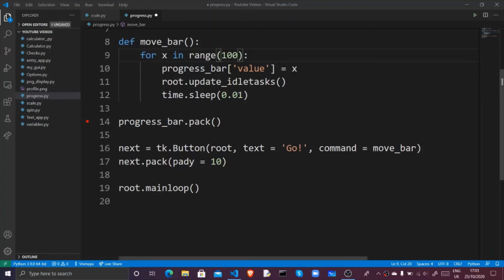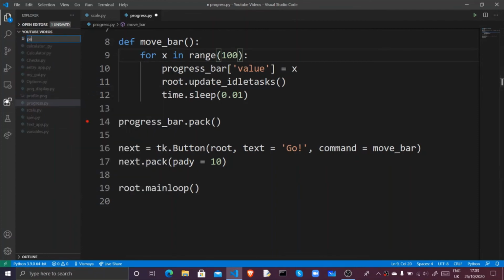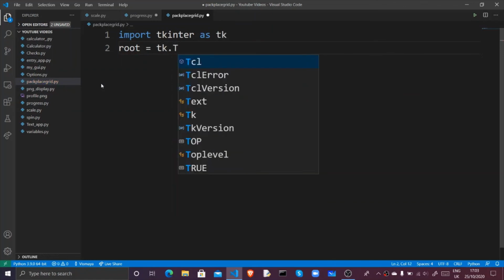Okay, now for the Tkinter methods of packing, placing, and grids. These are the methods that you place your widgets inside a window. So let's create a new file, pack, place, grid.py. Inside this, let's create a label. Once we import Tkinter as tk, root is equal to tk.Tk,